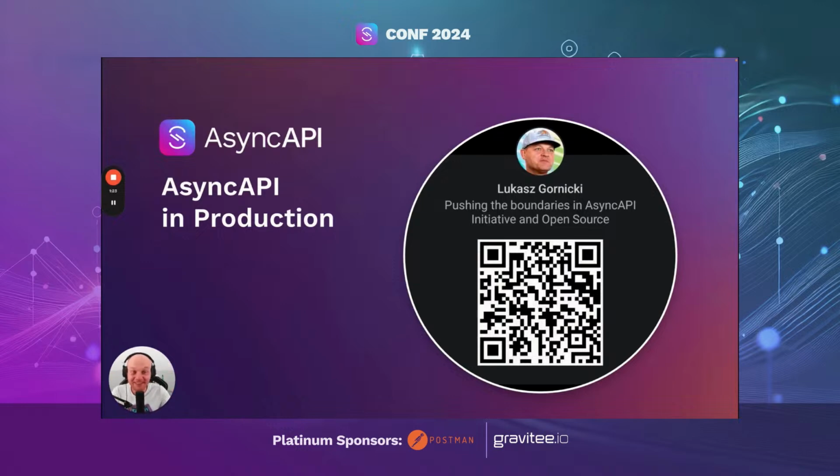So the research I did was based on publicly available information that I wanted to basically go through, discover, and see how people use AsyncAPI in production. So whatever you're gonna see today during this presentation, it's all based on publicly available data. Some presentations, documentation, slides, nothing that was privately shared, nothing that I would get from some other sources and you're not able to double check what I'm saying.